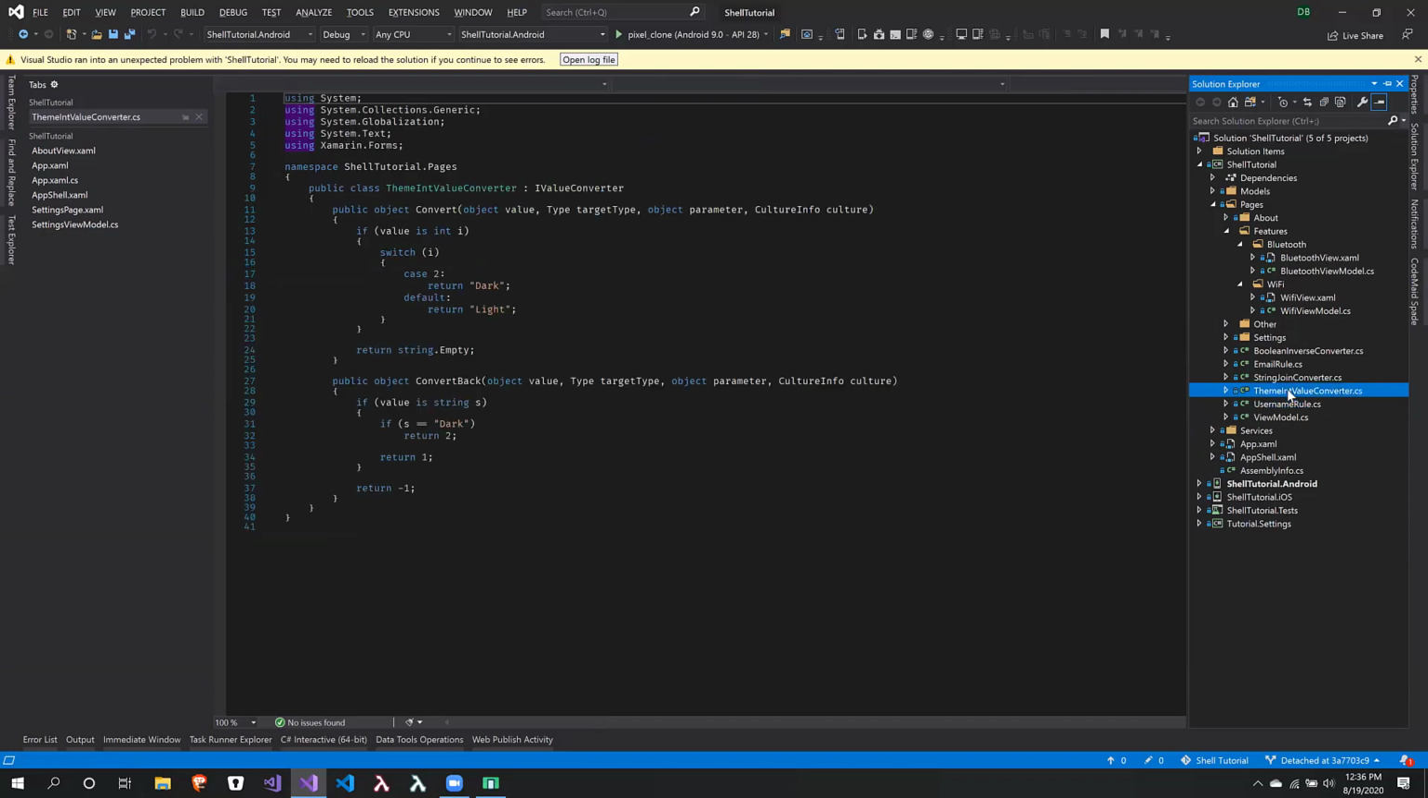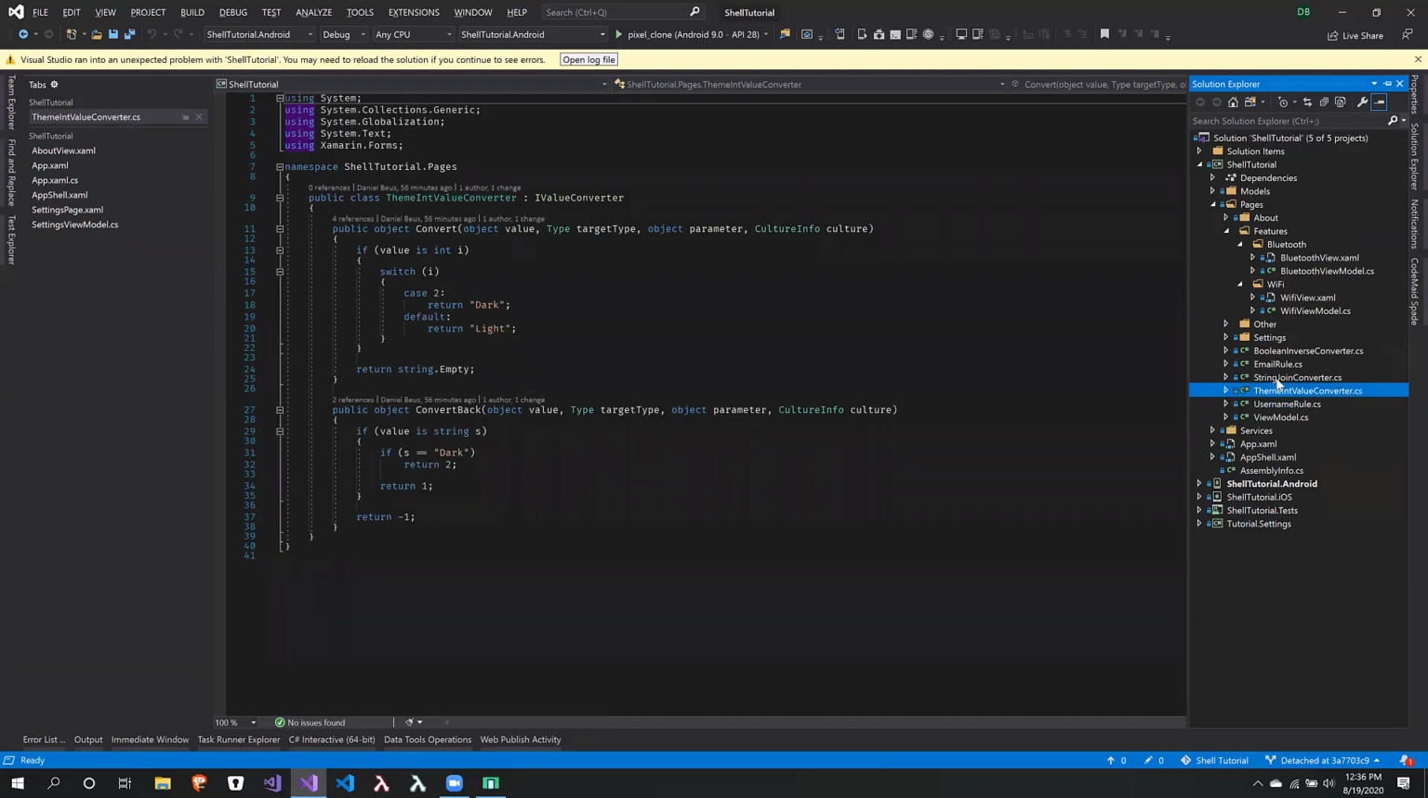So this theme int value converter right here, I actually probably should have put that underneath the settings because it's only being used in settings. So again, I was in a hurry, so this isn't organized exactly as I would do it if I were doing it on a professional level, but just to give you an idea. Anyway,